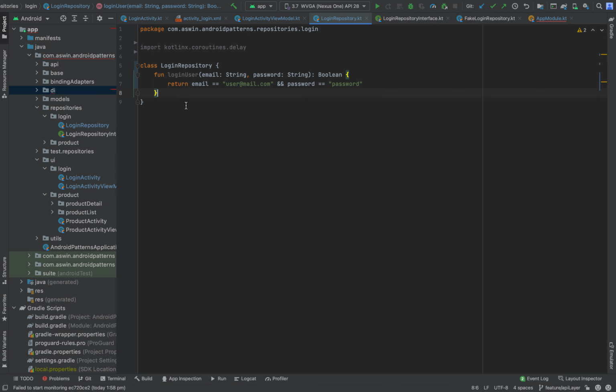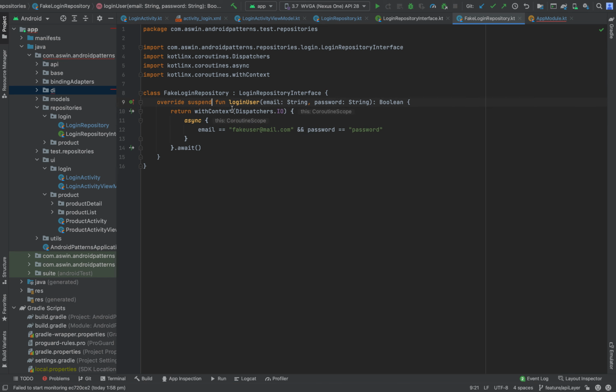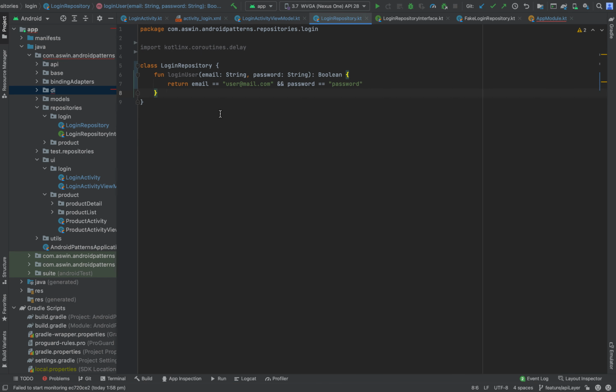For that, we need to reuse the same login function inside the fake login repository as well, like this. In this case, this login function needs to be the same inside the login repository and the fake login repository.